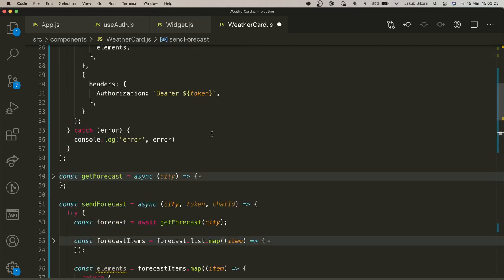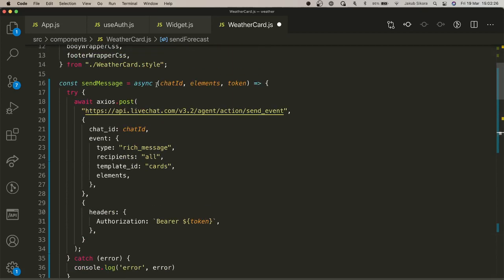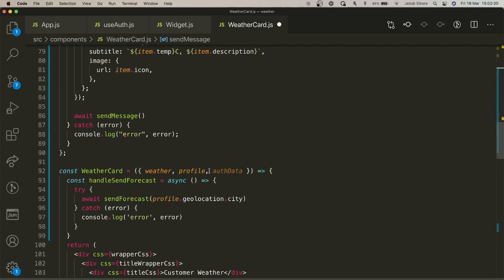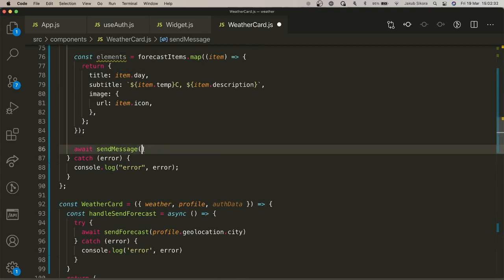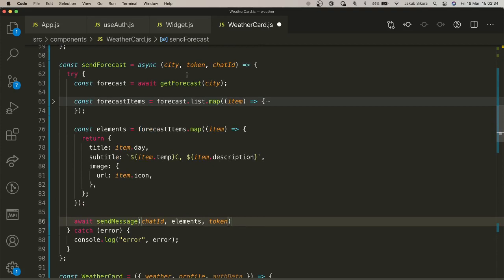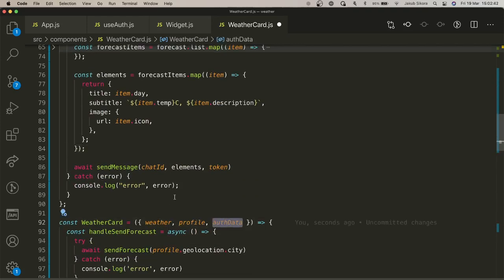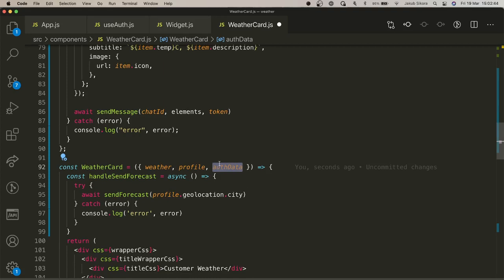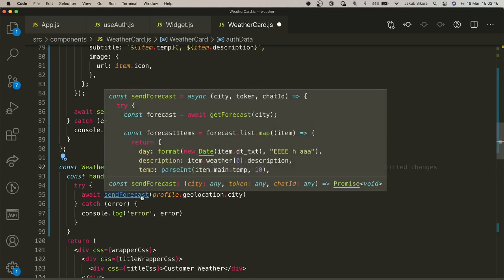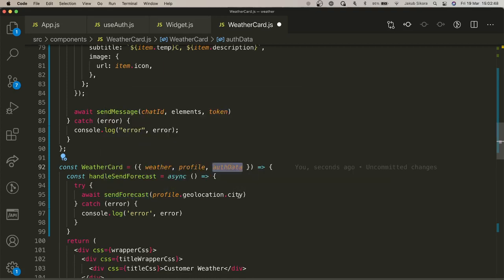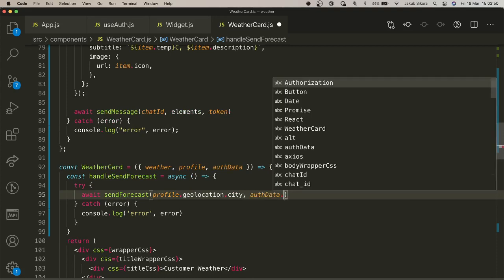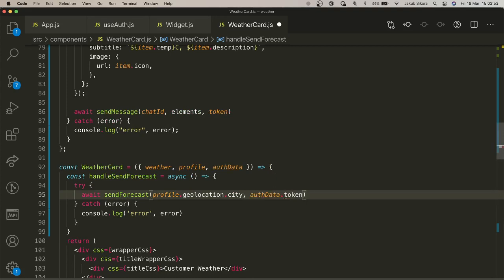So the first argument here is chat ID, elements and token. Okay, let's copy that here. So we have token, we have elements, and we need a chat ID. Now that we have auth data here, we can pass that to this method, and we also need